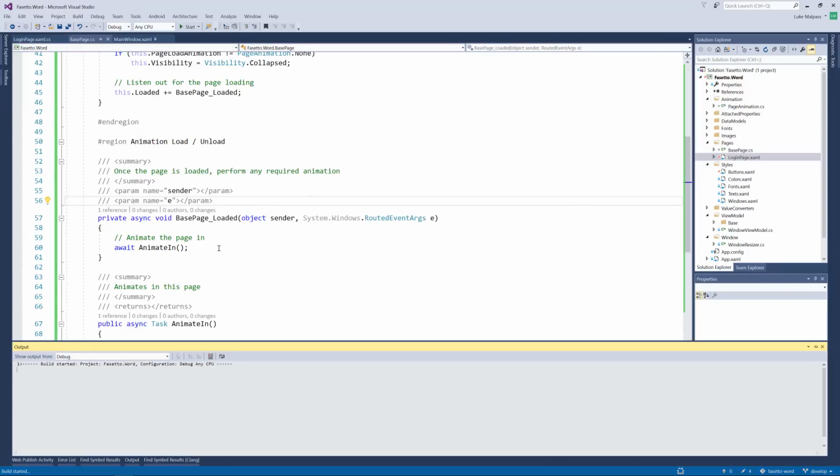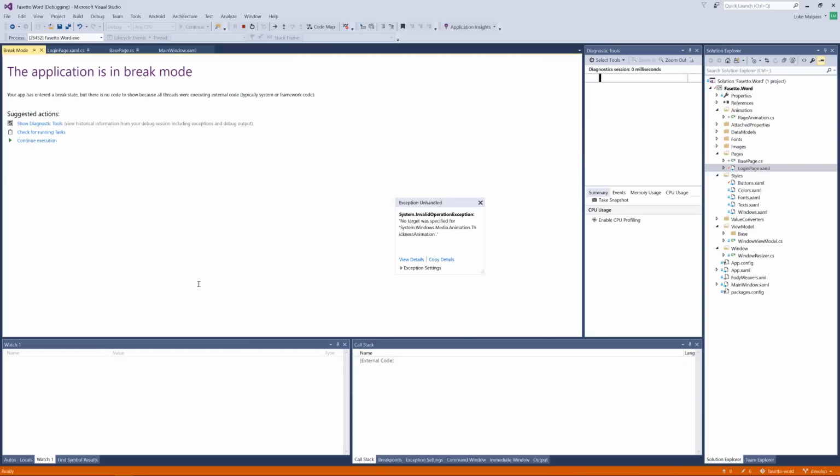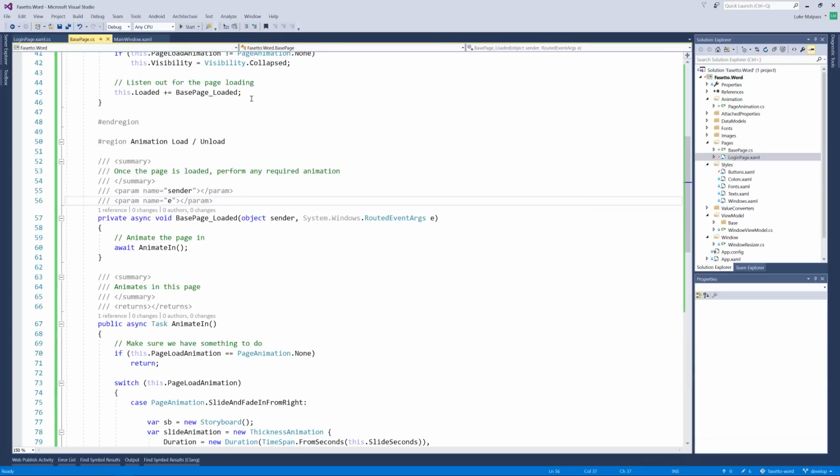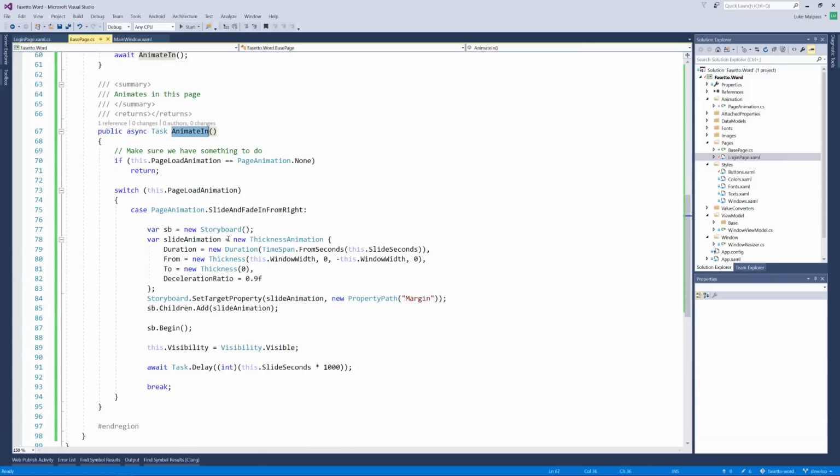So if we run that, it should basically animate in from the right. Oh no. No target was specified. Okay, I didn't think we needed a target. Thought the target was obvious, it was ourselves. Let's have a look. So we've got a storyboard, got a slide animation. We have